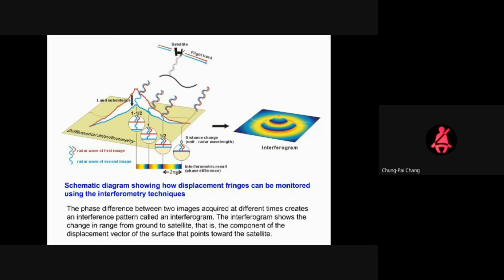And we can use the rainbow color from blue to red for these 2πs of phase change. So we can see from here, half wavelength of subsidence, one wavelength of subsidence, 1.5 wavelengths of subsidence. So you can have a 2π, 4π, and